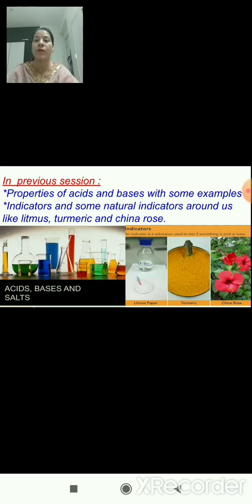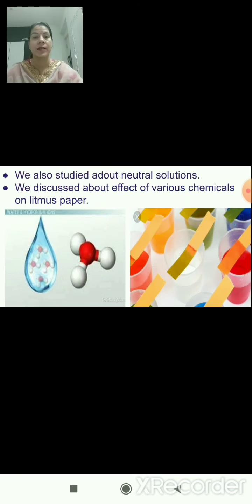And then you have also learned about turmeric, which also acts as a natural indicator. Then you learned about the properties of China rose as an indicator. You have also studied about various neutral solutions, and you have also studied about the effect of various chemicals on litmus